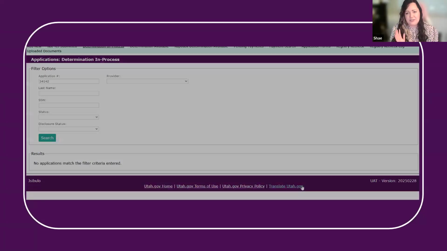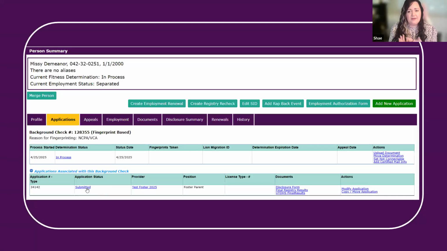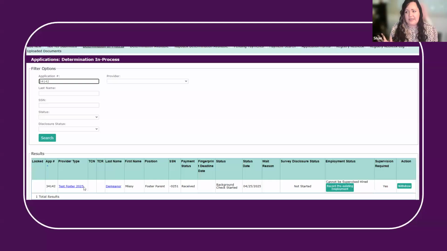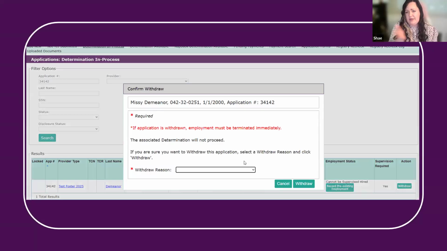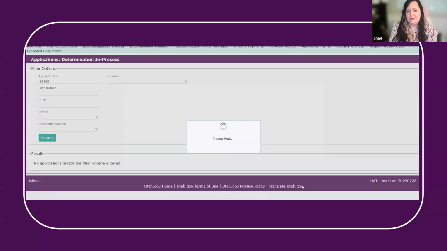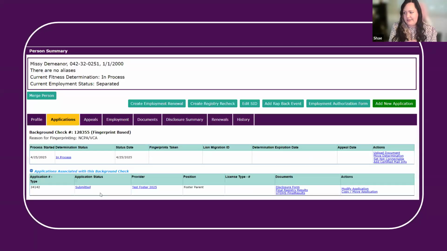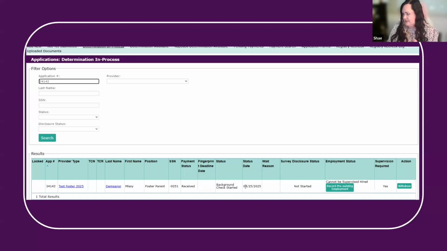And we cannot undo an accidental separation, even if you catch it 5 seconds after you separate. A new application will need to be entered so that they can become reassociated with your program. So please make sure you are separating people when you are supposed to, and you're for sure that you need to separate them before doing so. Was there anything I missed for the question?